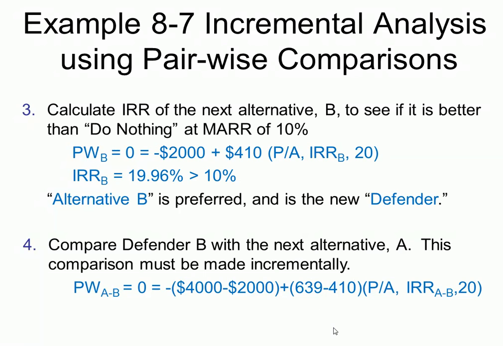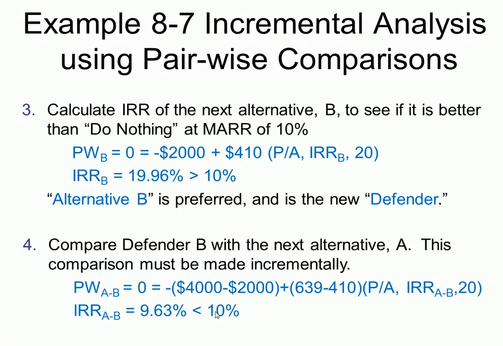And so we divide 2,000 by 229 to get P given A. And then from the value of P given A, we can try different rates of return to find the incremental rate of return of A minus B through possibly interpolation. And in fact, through interpolation, we get that the incremental rate of return between A and B is 9.63%,